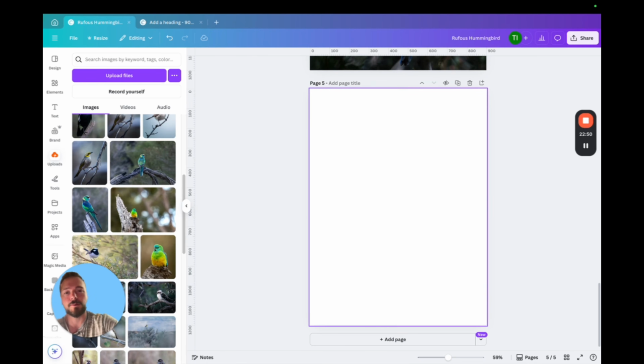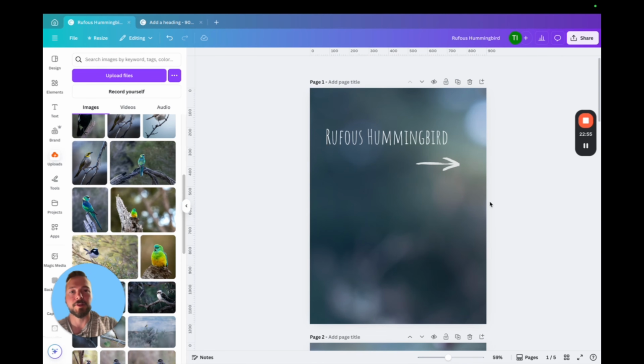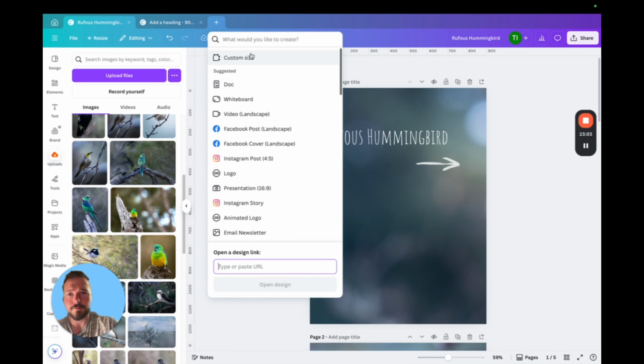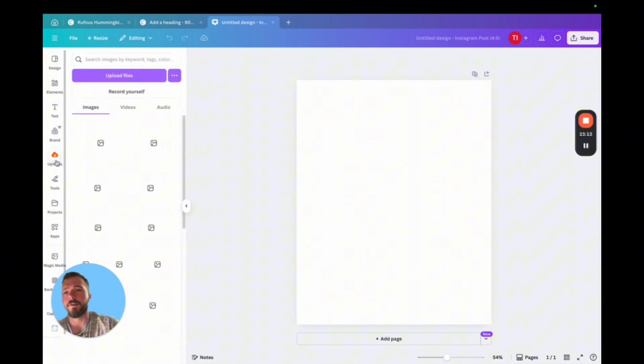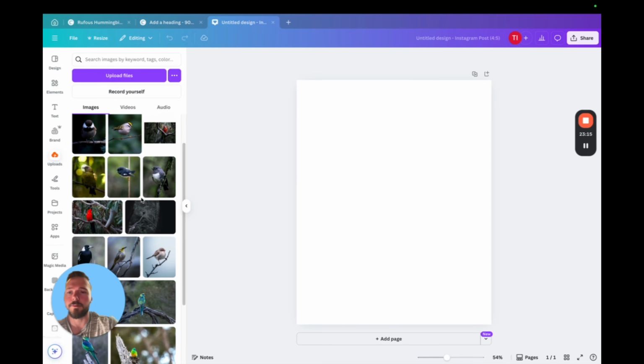So if I want to put some writing or anything fancy in a regular 4x5, I got to do something different. So I'm going to go over here in the top. I'm going to go up here to the top of Canva where it has that plus. I'm going to press that. It's going to ask, what do I want to do? And actually, it already has one here for me. So it says Instagram post 4x5. That's what I want. So I'm going to press that. There we go. And now if I go over here to uploads,